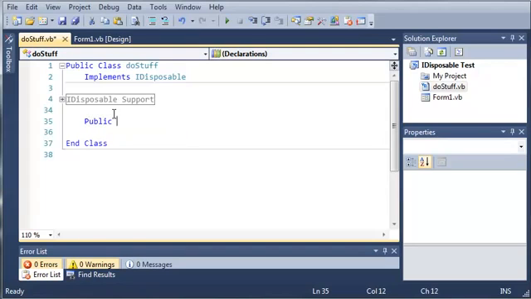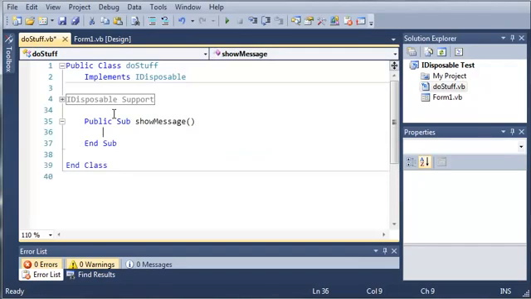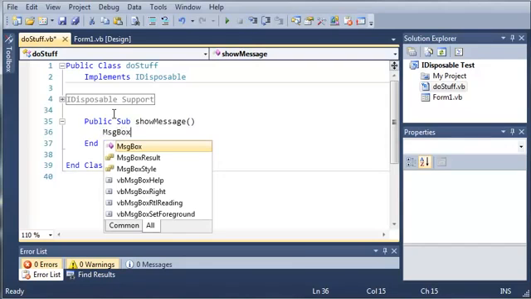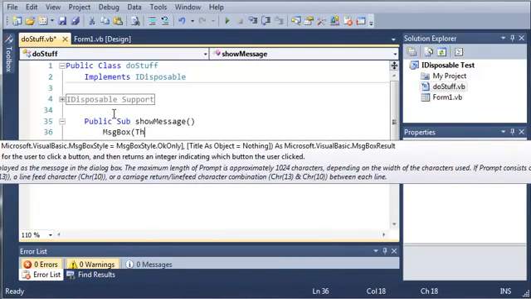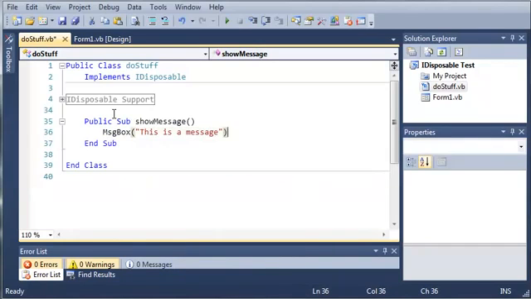We can just leave that the way it is, and I highly suggest that you do not change that. So we will add some subs here. We'll just type public sub show message, and then we'll just type message box, this is a message. Okay, so now that we've created a sub that will show a message,